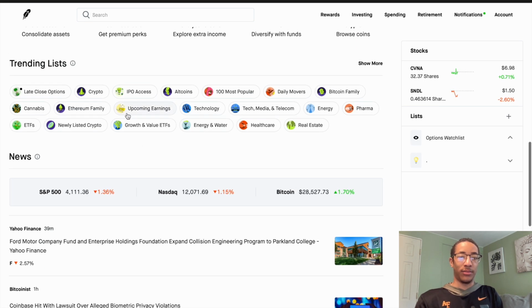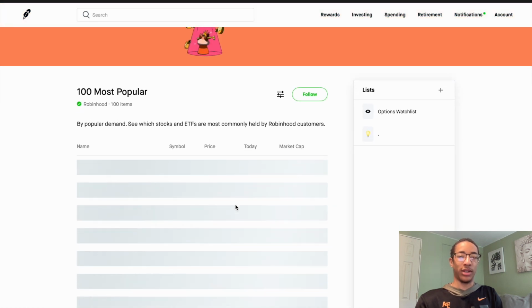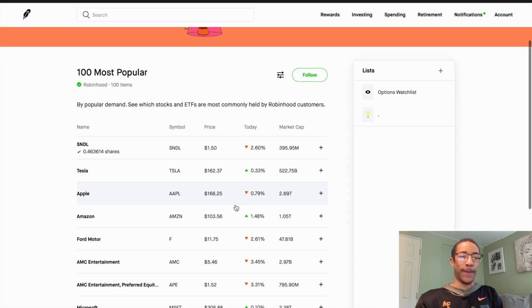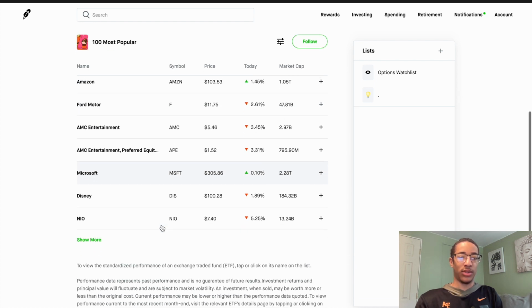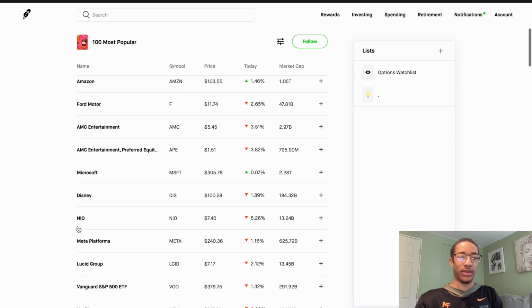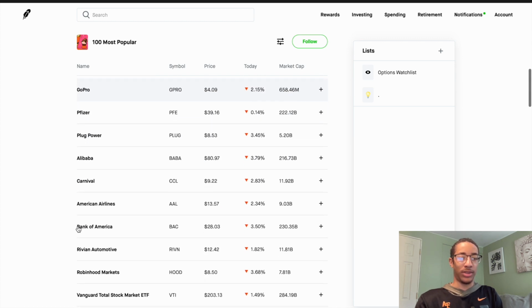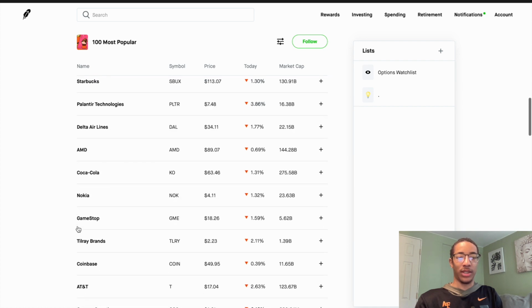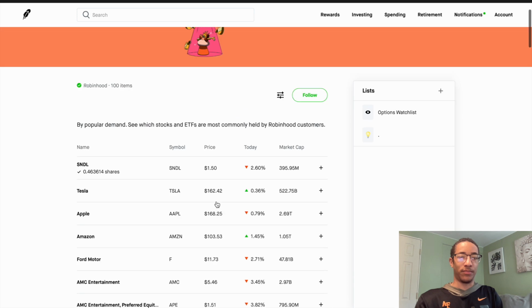And then you're gonna have your newly listed crypto, and then just the different categories of stocks. So you can go in here and click on 100 most popular. It's probably where you're gonna be at, more than likely. And then you can come in here and look at them, okay? You see they have Apple, Tesla, Meta Platforms, Snapchat, Alibaba. They're gonna have everything in here, but it's just gonna be the top 100 in the way that is the most